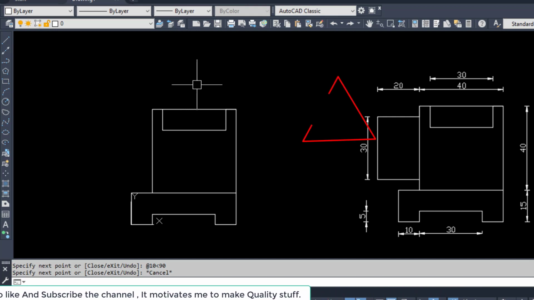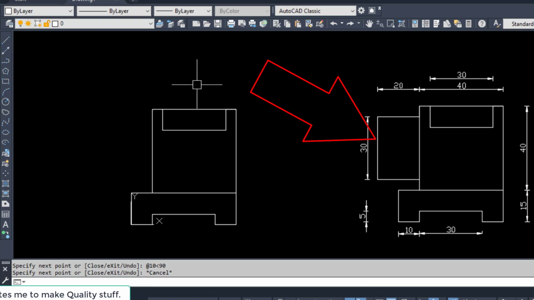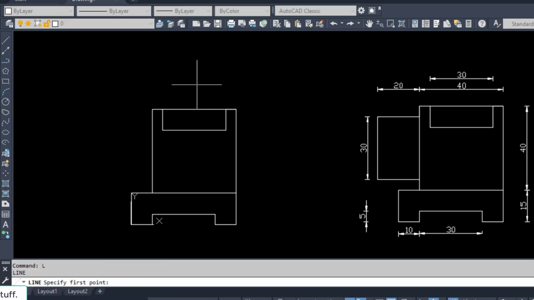Now what I can do, I want to make a rectangle of 30 by 20 that is situated to the extreme left side in this case. So again I will press L, I will press enter, and I will click on this point. Now again I have to go a lower distance of 5. So I will press shift at the rate 5 less than, now in the negative y direction 270 degrees. Now I have to go to the negative x direction with a distance of 20 with the help of polar method. So it will be shift at the rate 20 less than 180 degrees.